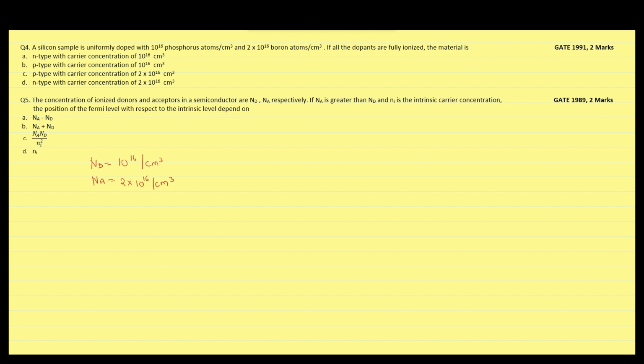It is provided that dopants are fully ionized. It is clearly visible that Na is greater than Nd. Therefore, the semiconductor is p-type and hole concentration will be given as